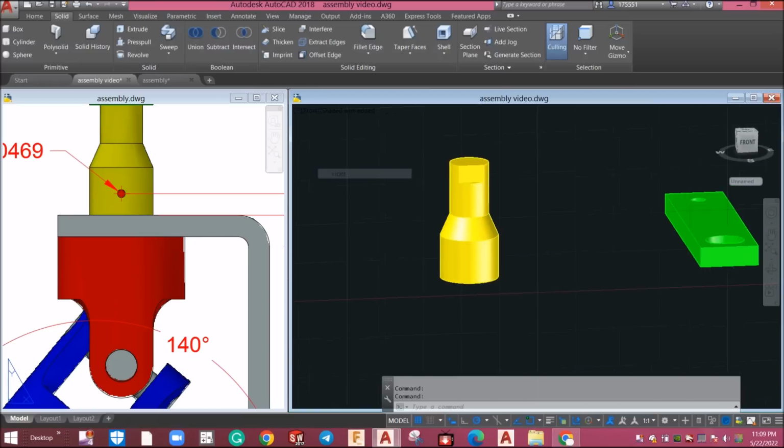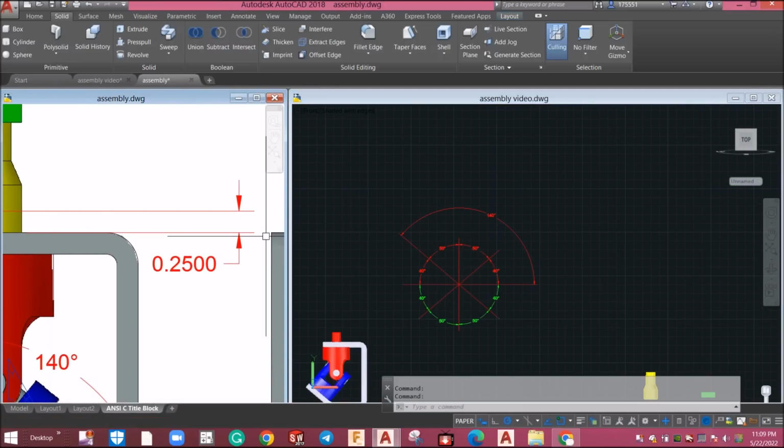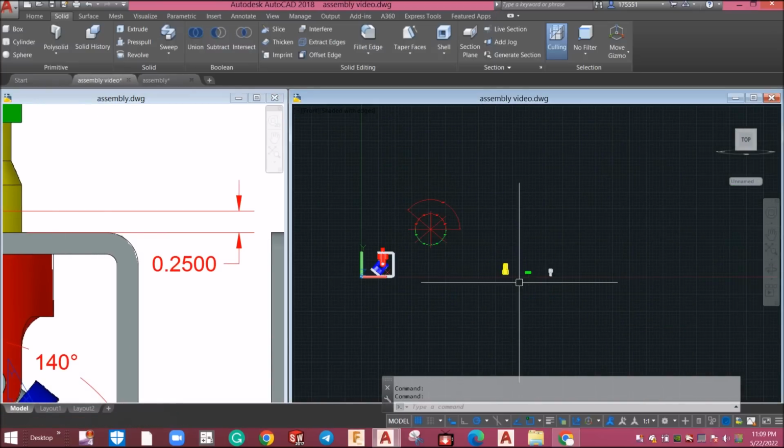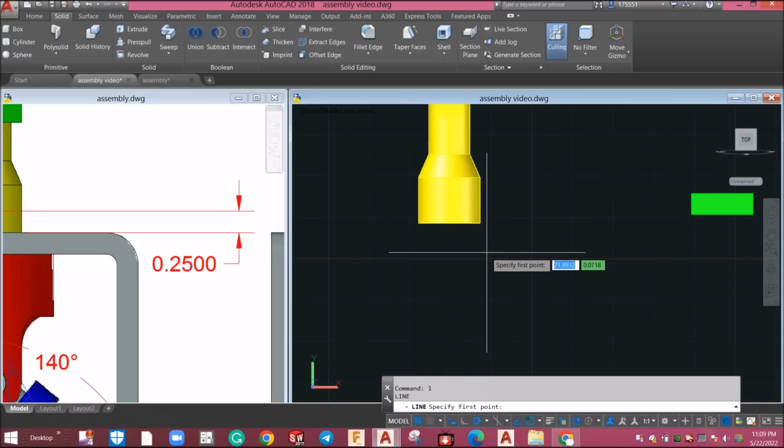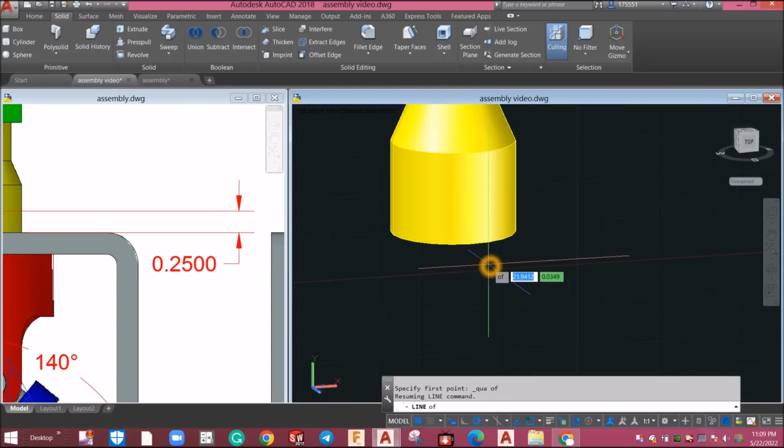So front, and the distance from the bottom is 0.25. So I'm gonna draw a line. Shift right click from this quadrant here, bring it up for 0.25